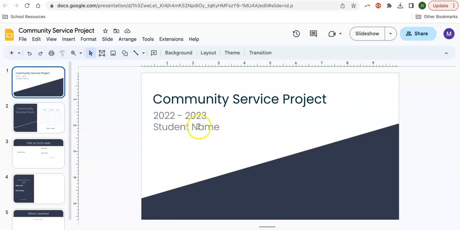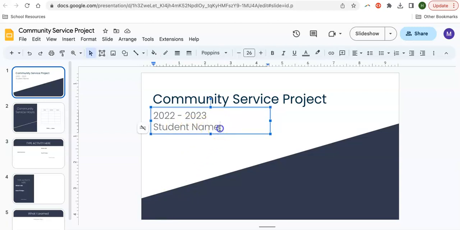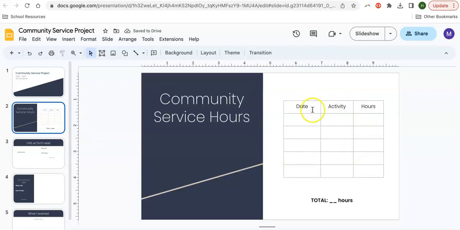When you click where it says student name, it'll open up with a text box. You can delete the text that you don't need and then type in your child's name. The next slide is going to have a table where you can enter the date, activity, and the amount of